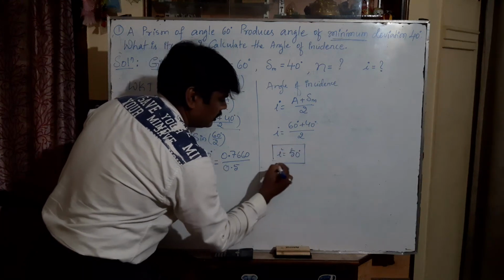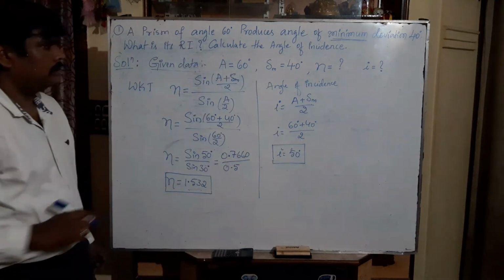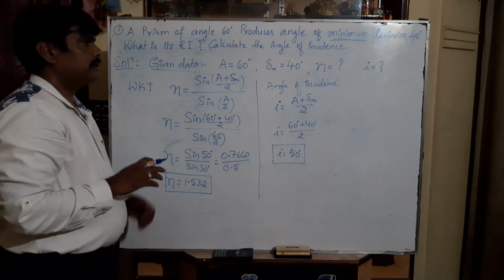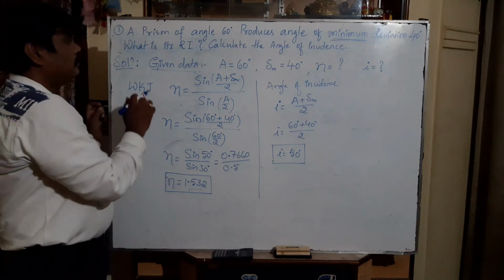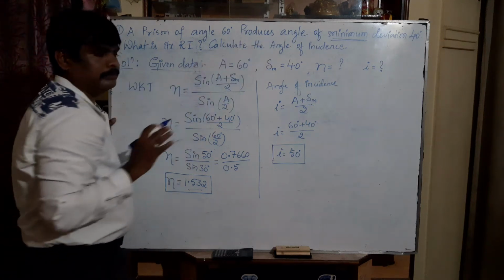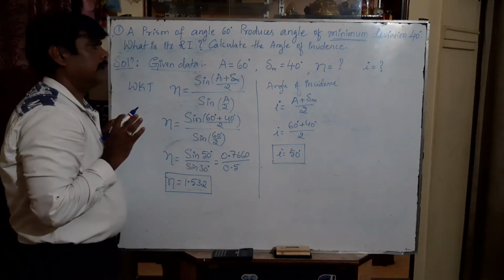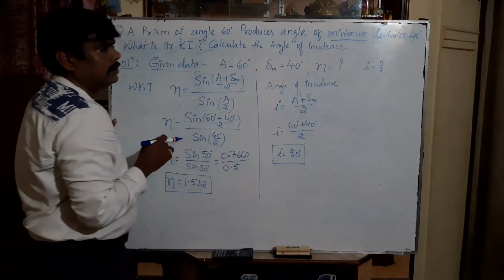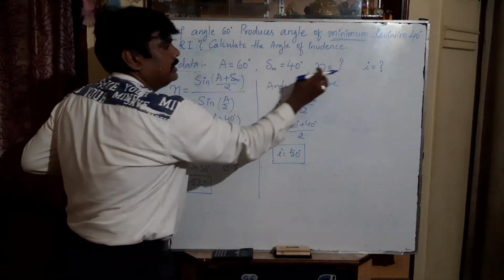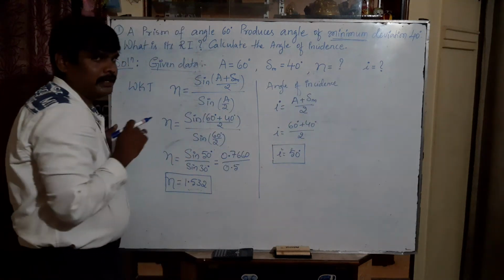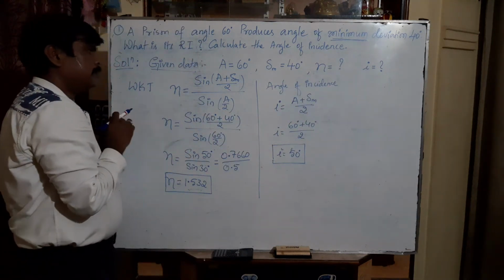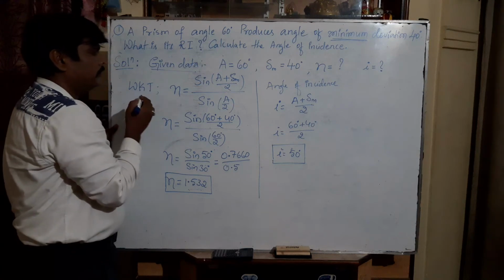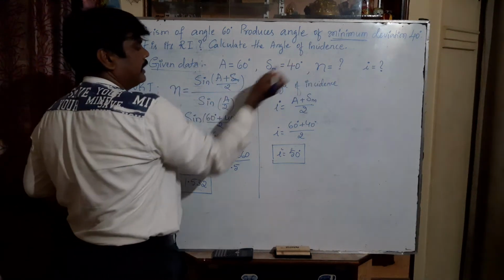So we have calculated both the required physical quantities. I want to explain once again. First you read the problem carefully. That is very important. And list out all the given data. And these are all the given data, and these two quantities should be calculated. In the next part, you have to write the required formula. So first thing we have to calculate is the refractive index.